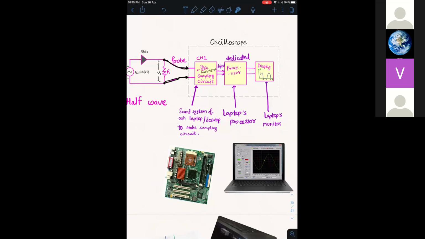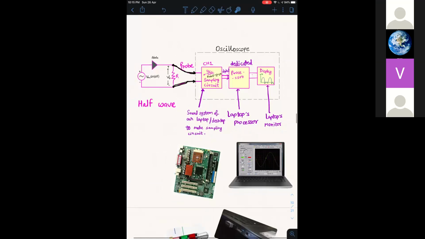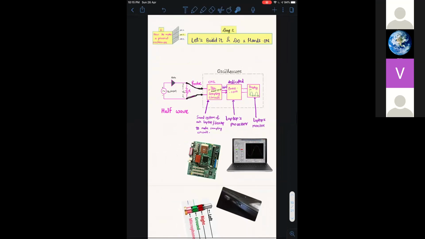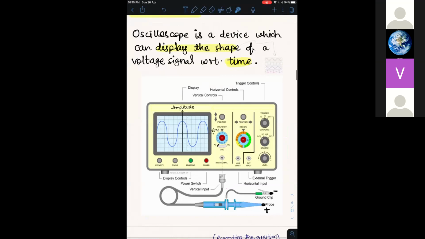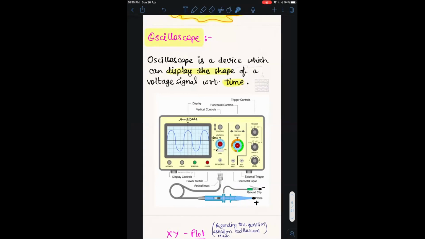Whenever you connect any external terminal, just for the sake of recapitulation, this is how the real oscilloscope looks. When you connect anything to this input terminal, these are the input probes of the oscilloscope. When you connect these two terminals to the oscilloscope like this, it will show you the waveform.